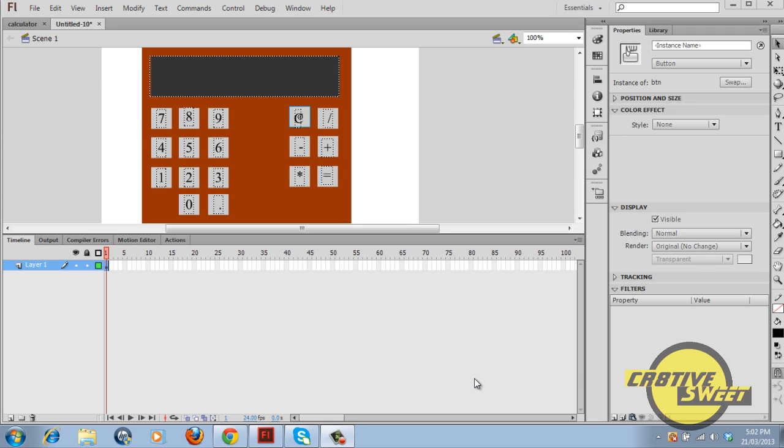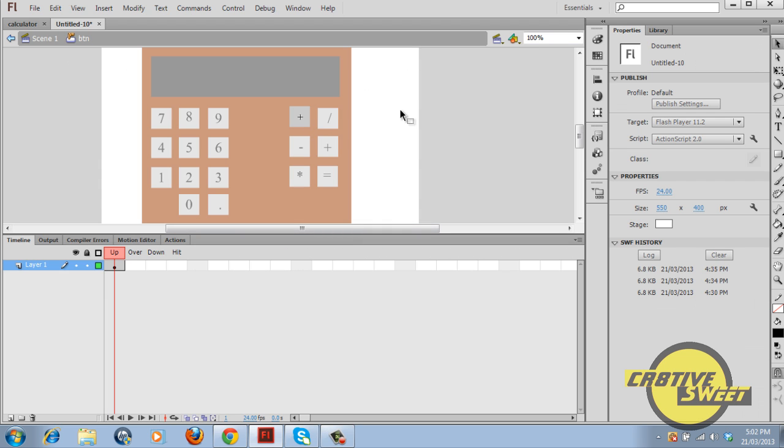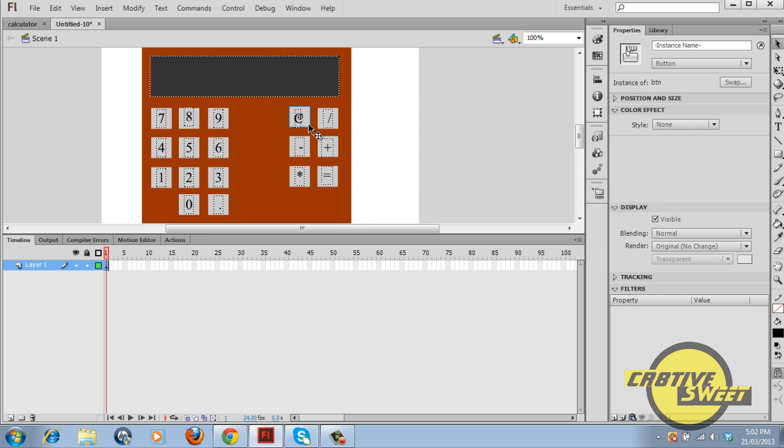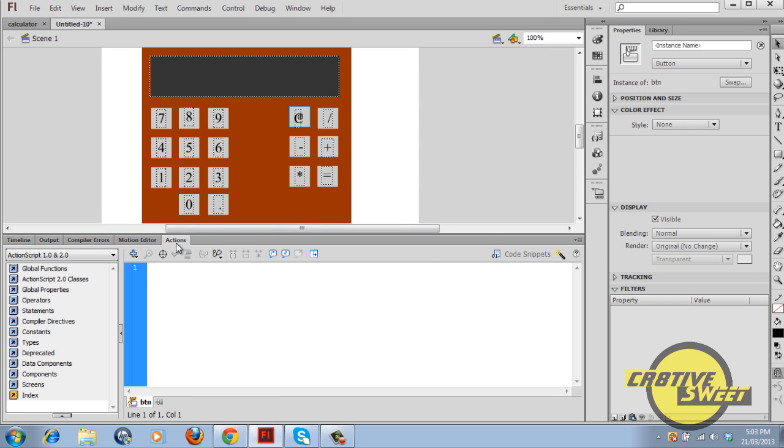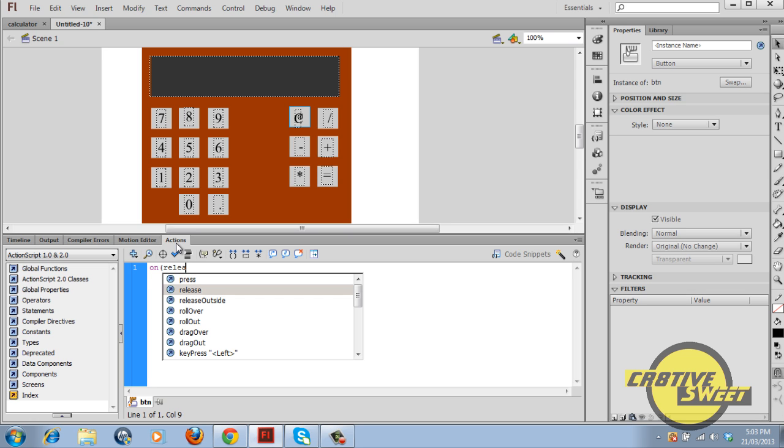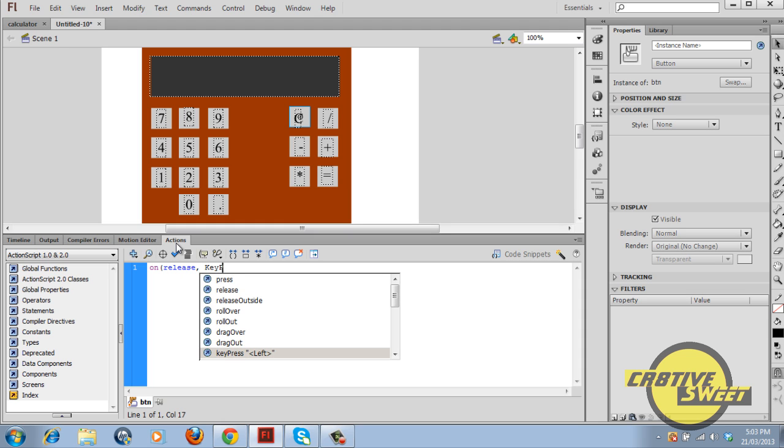Now that you've done the coding for your mathematical operators, what we can do now is create the code for your clear button and your equals button. So click on your clear button, click on actions, and type in the following code. Type on, open bracket, release, comma, key press, quotation mark, arrow key, delete, arrow key, quotation mark, close bracket,